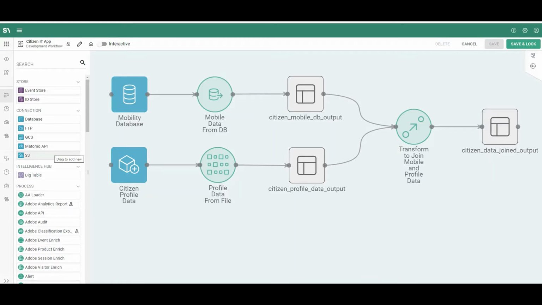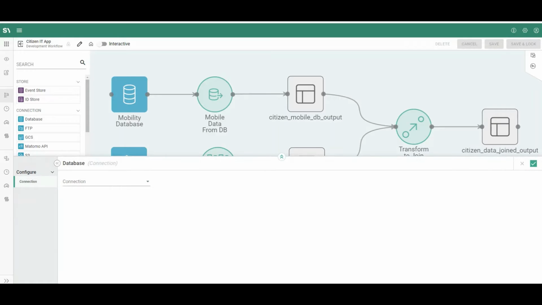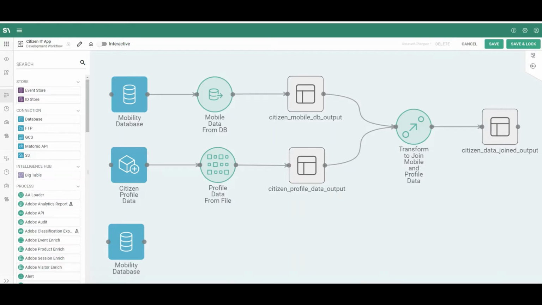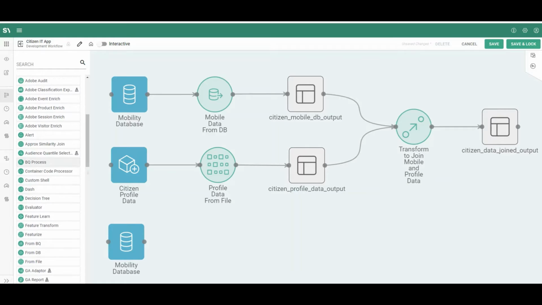The user will select a database connection, drag and drop it onto the workspace, select the database, commit the changes, drag and drop a from DB process onto the workspace, connect the connector, and the process is now available